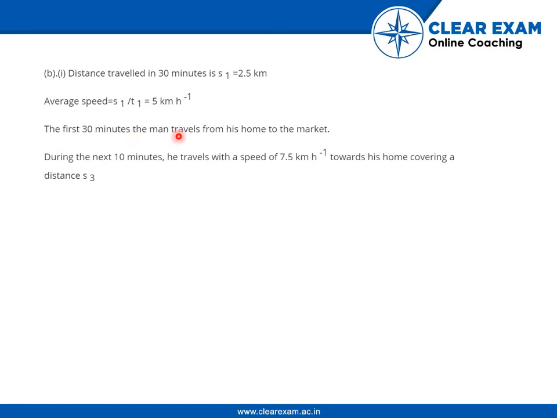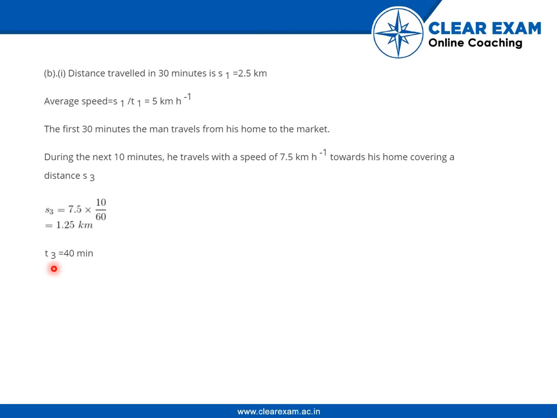In the first 30 minutes the man travels from his home to the market. During the next 10 minutes, he travels with a speed of 7.5 km per hour towards his home, covering a distance S3. Now, what is this S3? The distance he travels in the next 10 minutes with a speed of 7.5 kilometers. So we can easily find out the value of S3 by multiplying 7.5 with this 10 minutes converted into hours, 10 by 60, right? So the value of S3 would be 1.25 kilometer,